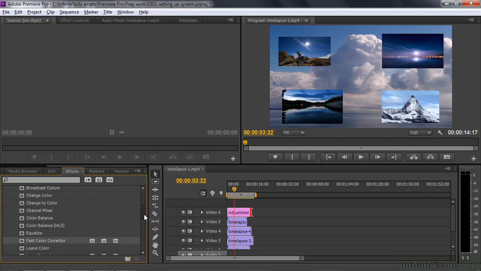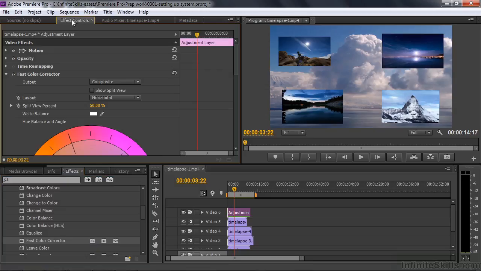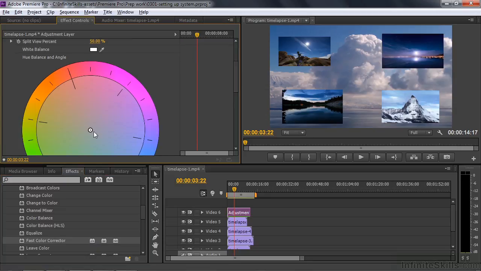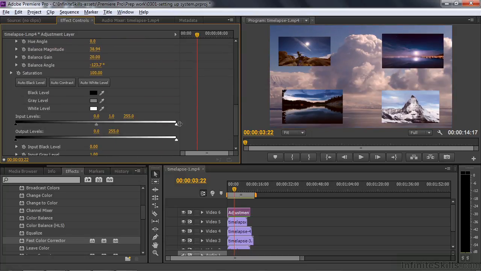We'll apply the fast color corrector here. There we go. And that's an accelerated effect. And you can tell it's accelerated because we got this little guy there that says that's an accelerated effect. I'll go to my effect controls and I'll make a couple of adjustments here. Make it a little bit warmer. Add a little higher contrast, so you can see that we're actually applying the effect to all 5 clips at